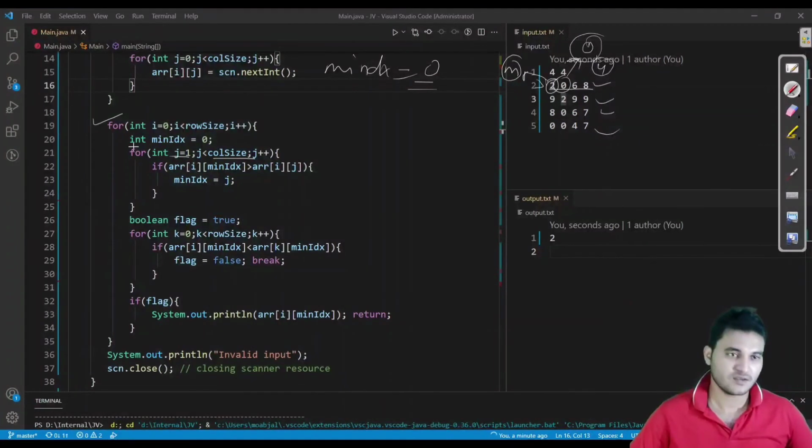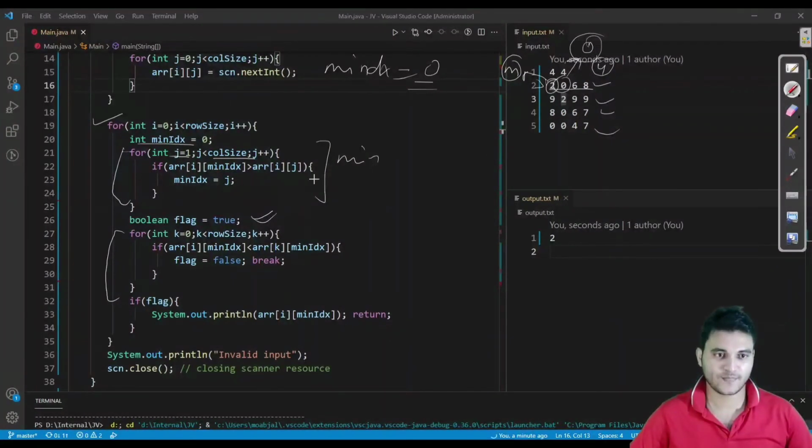Fine. So if we found the minimum index, then this is the code for the minimum, and we have said that yes, the element which we got may be the saddle point, and we'll check whether there is any other element in this column which is greater than this 2. Yes, it is greater.